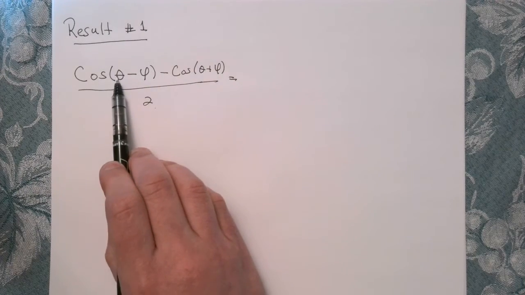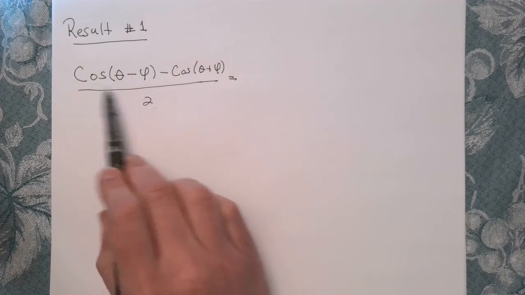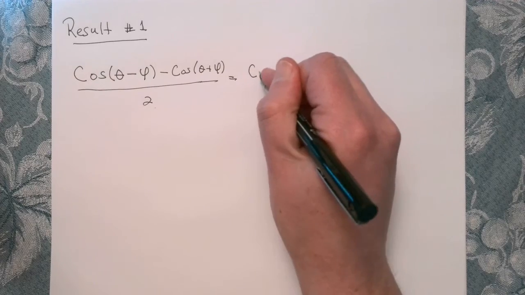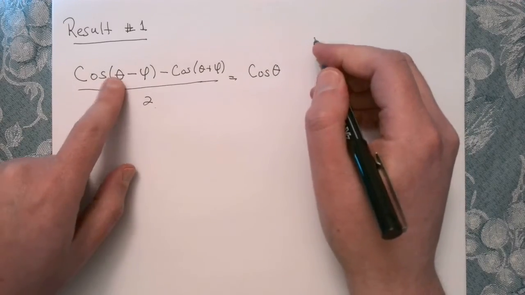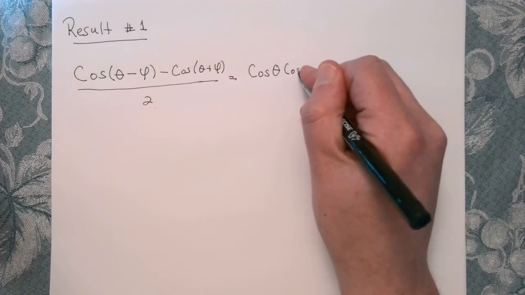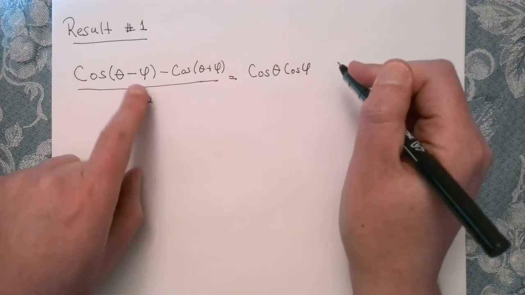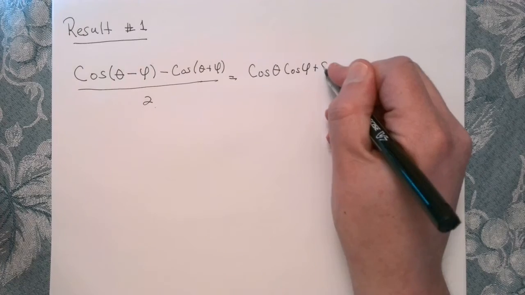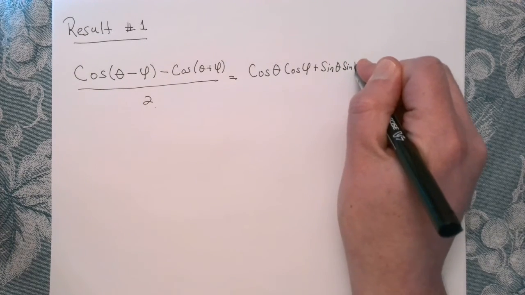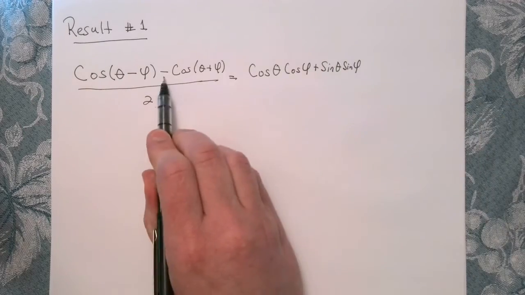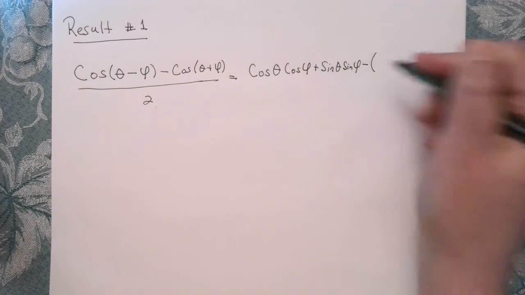We're going to have the cosine of theta times the cosine of phi when we expand this out, just using that formula that we proved previously. So cosine of theta, cosine of phi, opposite sign, right? So plus the sine of theta times the sine of phi, and then minus, and a parenthesis,